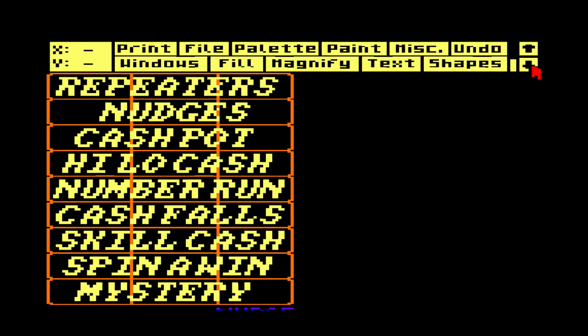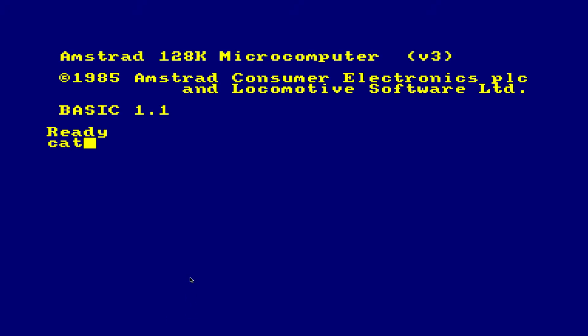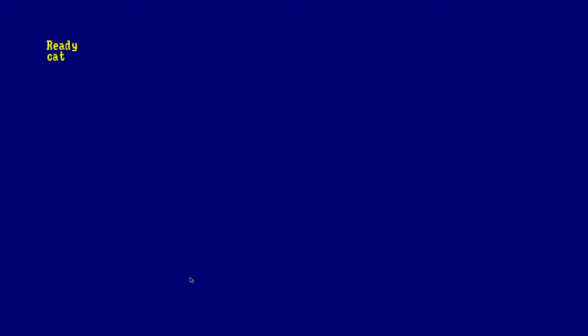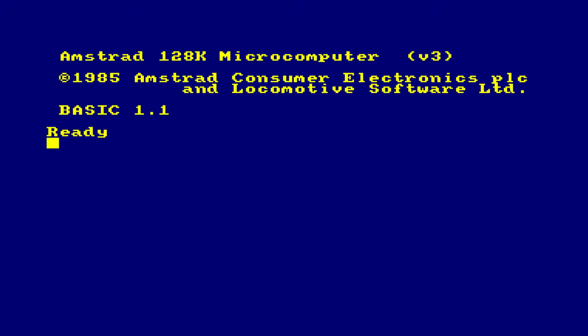Okay, so bottom line, you've made the edits, you've improved my rather rubbish graphics, and you want to compile it into the game. So to do that, I'm going to reset. You'll see on the graphics disk there is an ADM file for Adam. So once we've hit reset, I'm just going to type in mode 2 so you can see what's on the